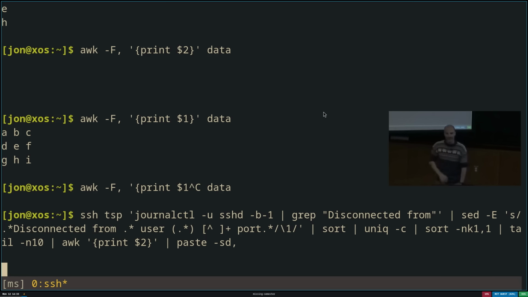Wait, does awk get used for tensor manipulation? No, awk is not for tensor manipulation. Although you can kind of think of it that way, like a tensor is really rows and columns. But I would not say that that's what it's for. Like it doesn't understand binary files at all.